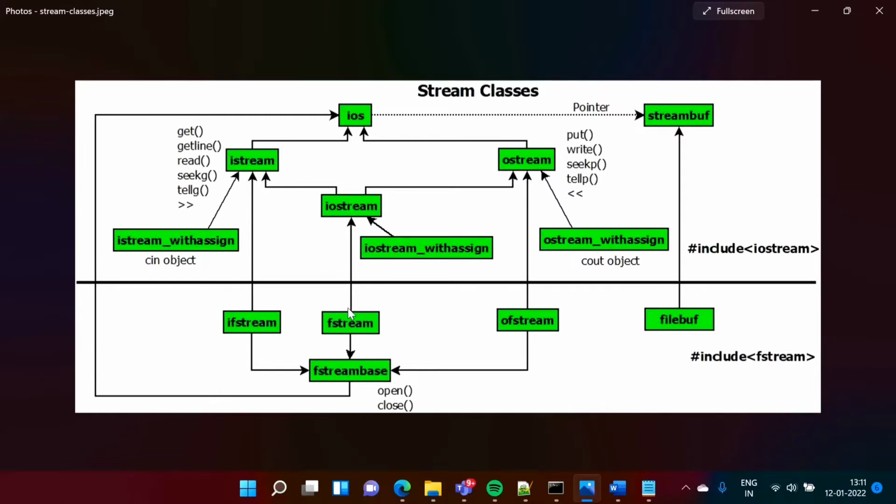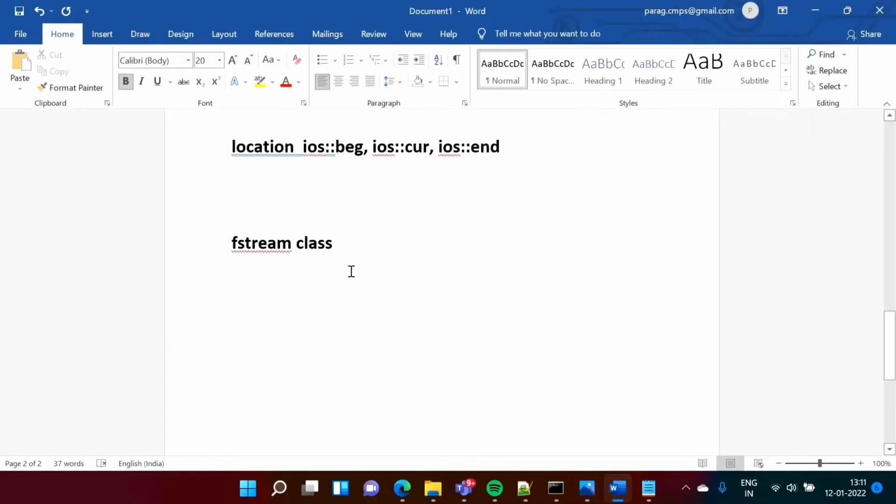Now see, as it is used for both the purpose, so it can use get pointer, also it can use put pointer. But see, here get pointer and put pointer both carry the same meaning, because it can be used for both the purpose, input and output operation.